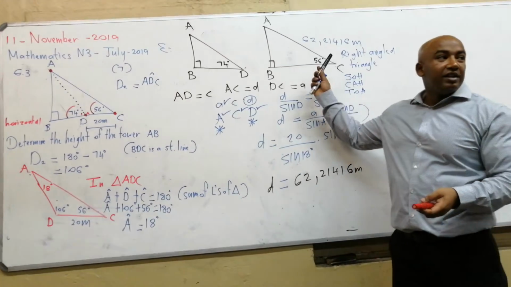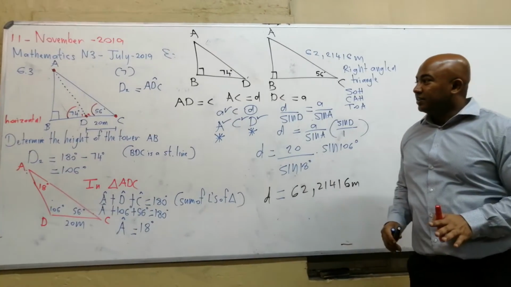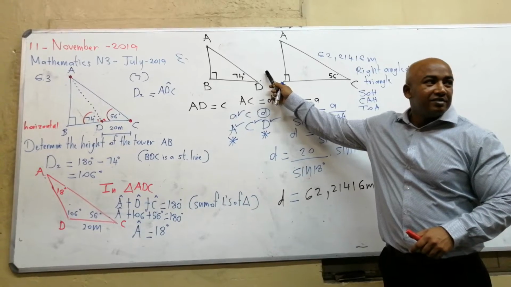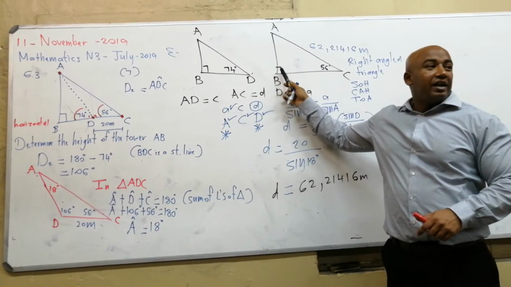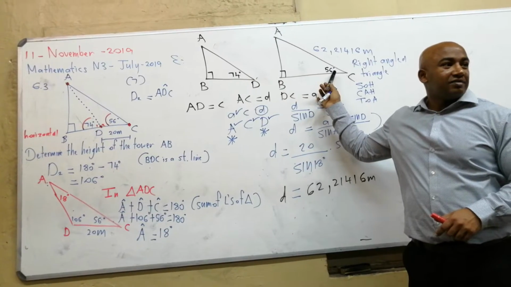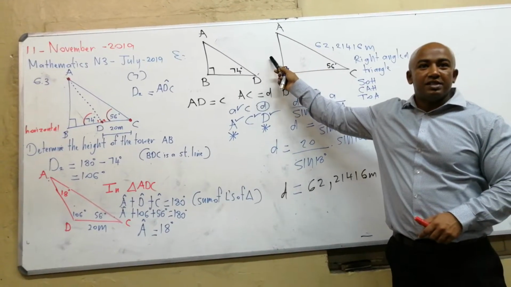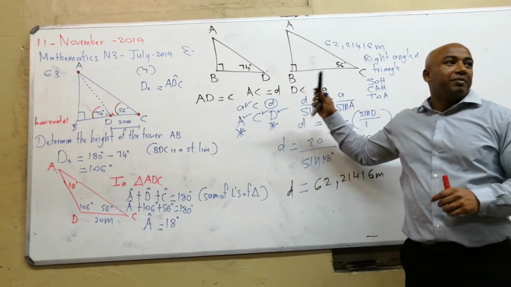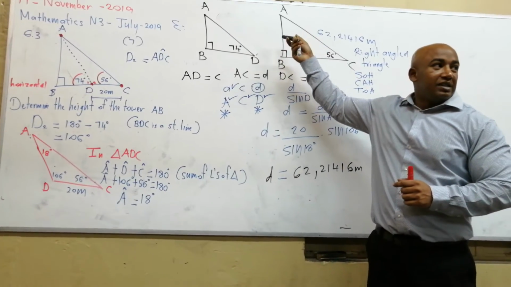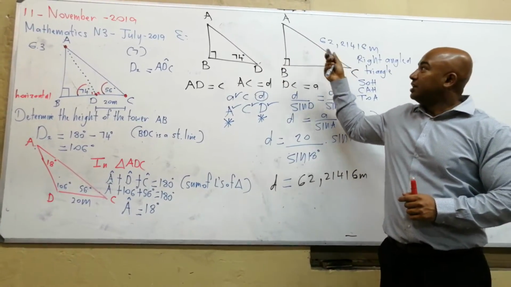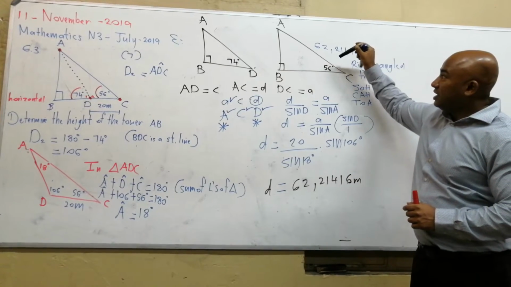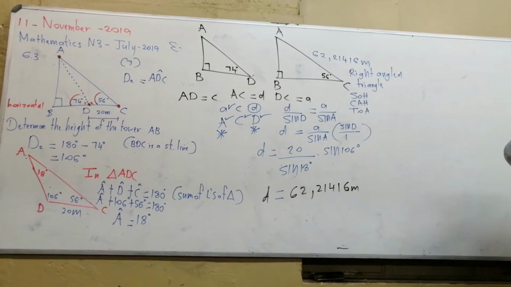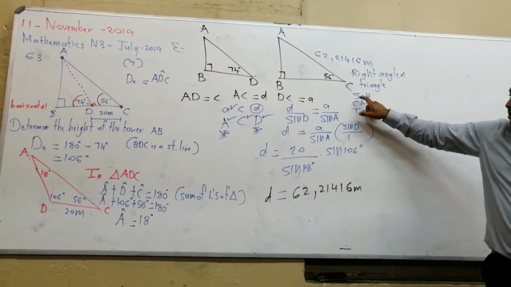So now, let's look at the information that's given to us. Since we use this triangle here, the big triangle that we're dealing with, ABC. So, which side are you looking for? You are looking for AB. And how is it related to the angle? It is opposite the angle. Okay, that's the most important. We all know that we're looking for AB, but the main thing is how is it related? How is its position with regards to the angle? It is opposite. And what is this side here that's given to us? Hypotenuse. So if you put the opposite and hypotenuse next to each other, it's OH, that means we are using